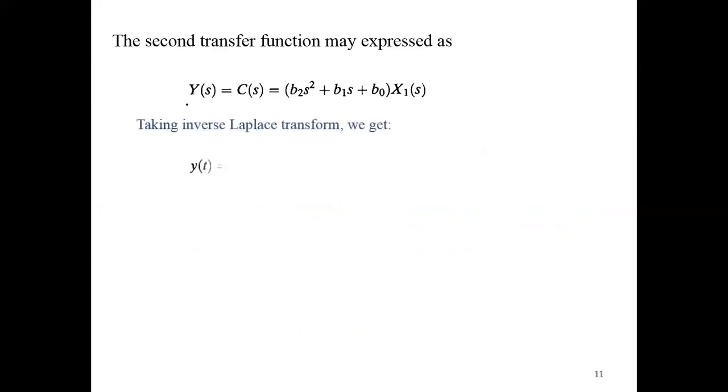The second transfer function: the numerator is multiplied with x1 to give the output c of s, also we can write this y of s. Taking inverse Laplace, we get y of t is equal to b2 times the second derivative of x1 plus b1 times the first derivative of x1 plus b0 x1,